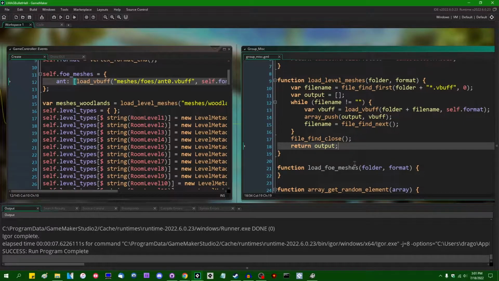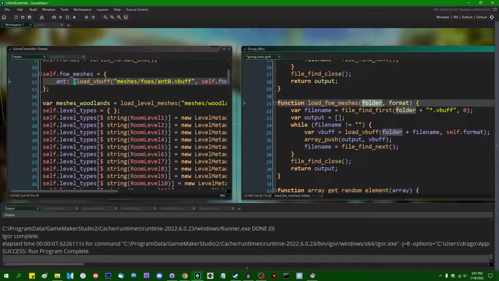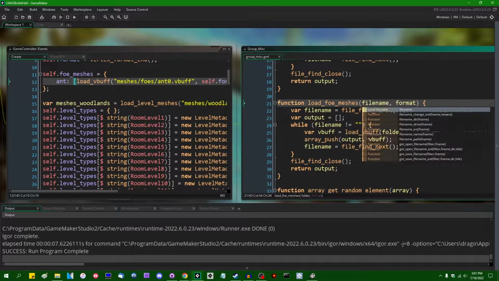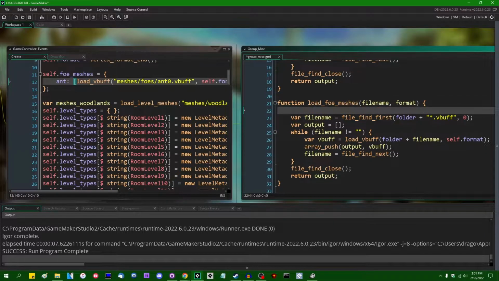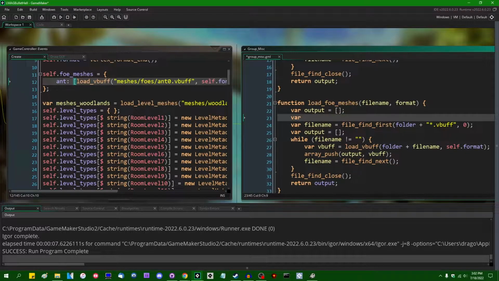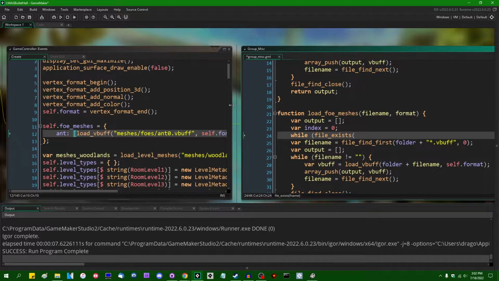And I think it's going to do something similar, except instead of taking just a folder, we can call it file name, in keeping with tradition. And instead of doing a file find, we could say var output is going to equal an empty array, var index is going to be equal to 0, and then while file exists, and the file name that I'm going to pass in,